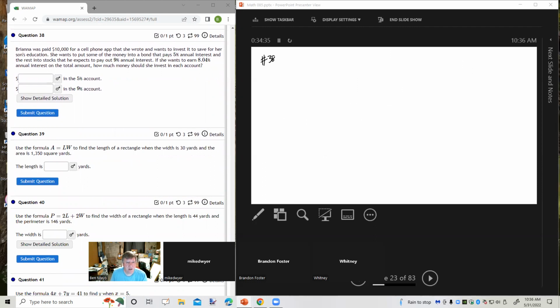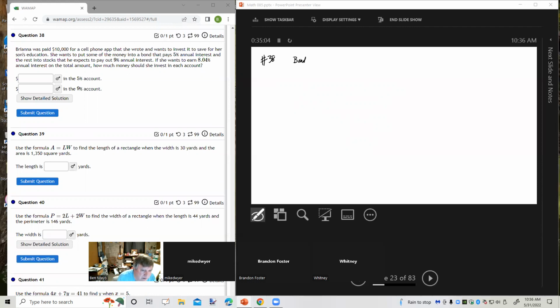She wants to put some money into a bond that pays 5% annual interest and the rest into stocks that he expects to pay out 9% interest. If she wants to earn 8.04% annual interest on the total investment, how much money should she invest in each account? All right, so we've got the bond,